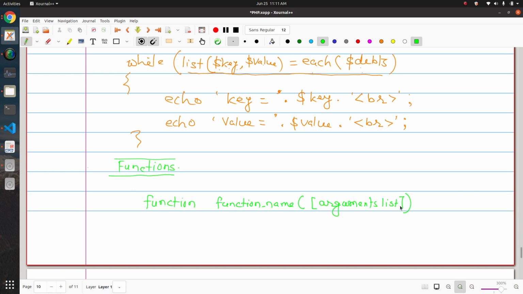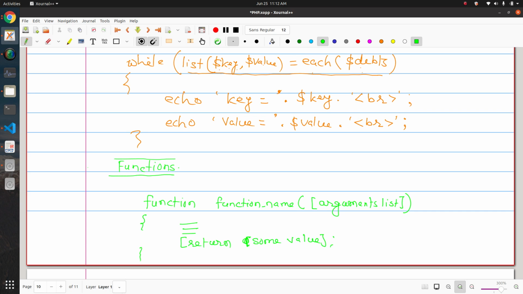I am putting it in square brackets because it denotes that a function may not have arguments. Then you have a set of statements, and sometimes you may return some value also. Then you close the curly bracket. So this is the syntax of a function.